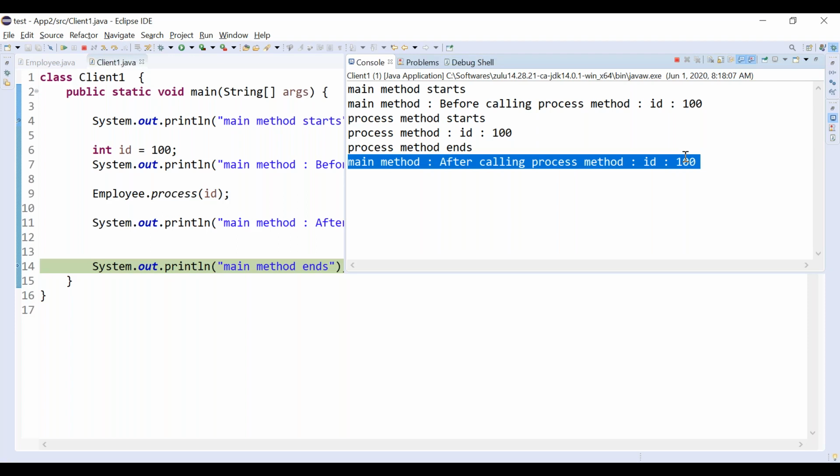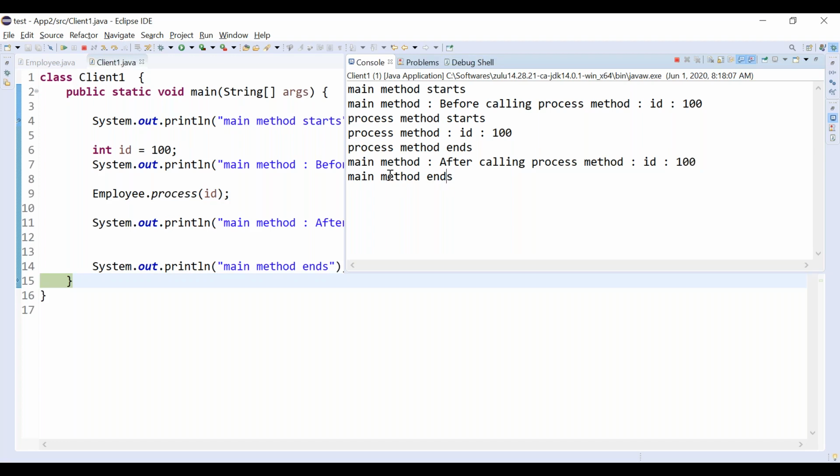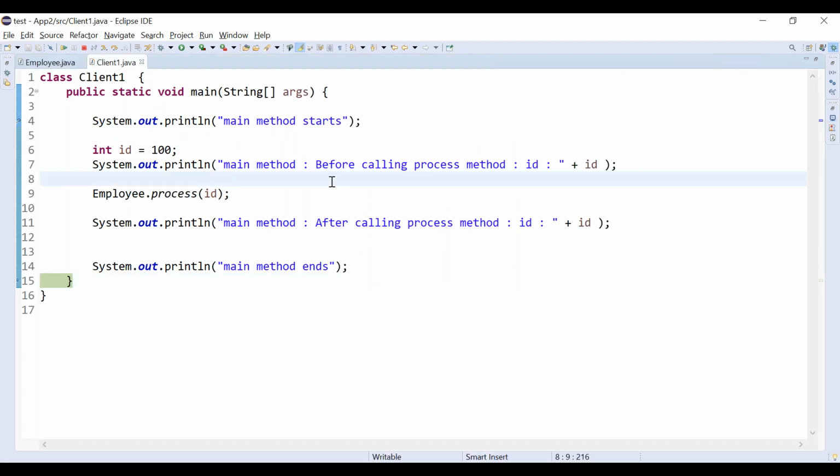Even though we changed the id value to 200 in the process method inside the employee class, that value is not affected to the caller. Who is the caller here? The caller here is the client one main method, right? Now this is called the pass by value concept.